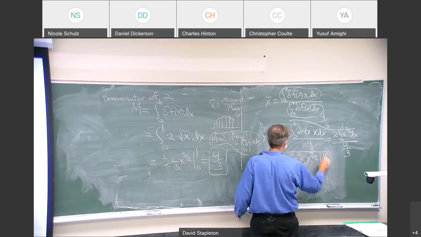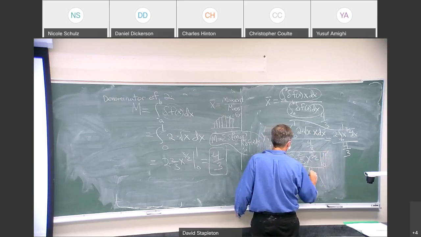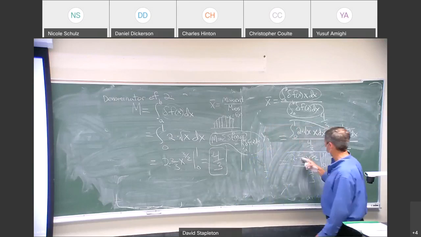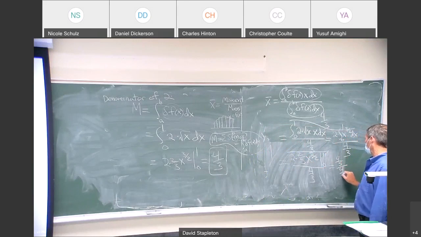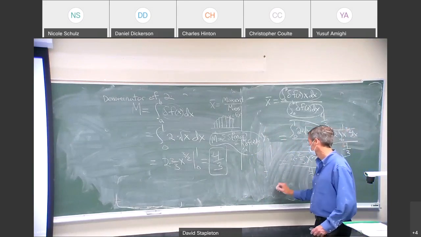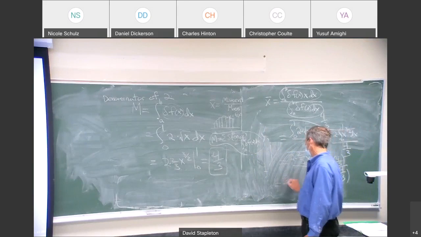I need to plug in 0 and 1. Well, this just gives me 4/5. So I have 4/5 divided by 4/3, two fractions. This gives me top times bottom over middle times middle, which gives me 3/5. So the balancing point of this is